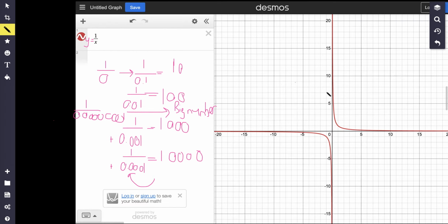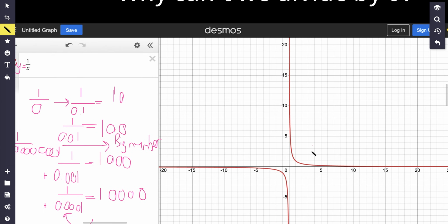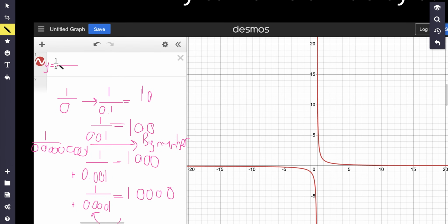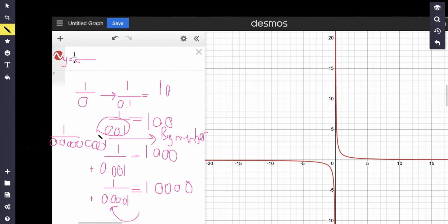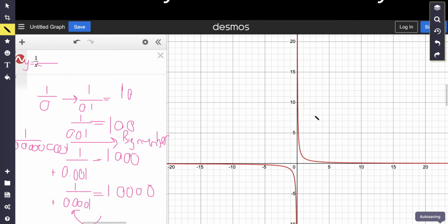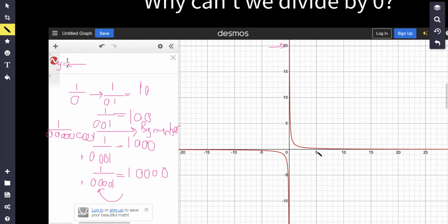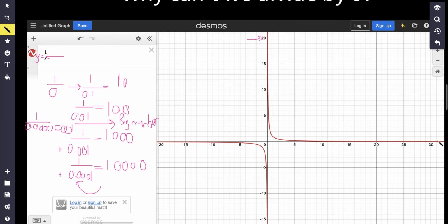And if you take a look at our graph, that seems to be the case, right? When we divide by numbers that are very close to 0, when x approaches 0 on the positive side, because remember, we're dividing by positive numbers that are close to 0, you notice how our result, aka our y value, gets super, super big. So the whole point of this is to show that as you divide by numbers that are closer and closer to 0 on the positive side, our y value, aka the result, is going to be a very big